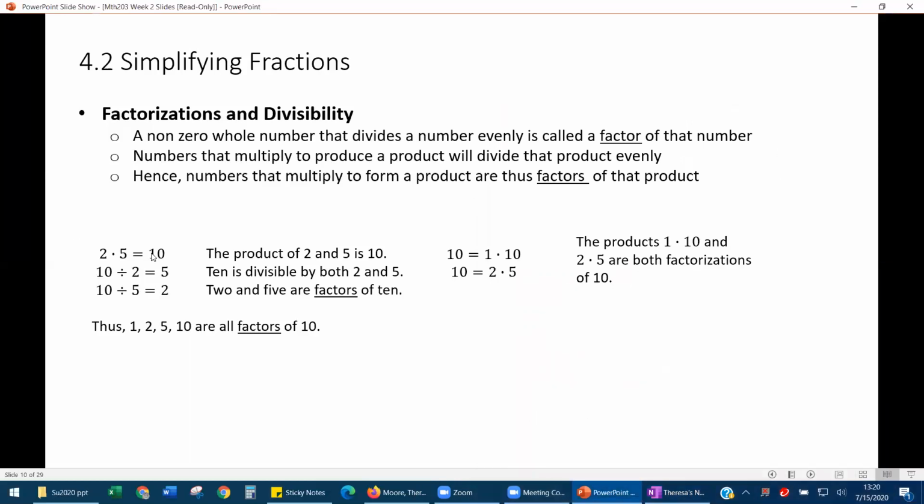So if we notice the number 10, 2 times 5 gives me 10. 2 and 5 are both factors of 10. So I could divide 2 out of 10 to get 5, or I could divide 5 out of 10 to get 2. So if my fraction had, say, a 10 in it,